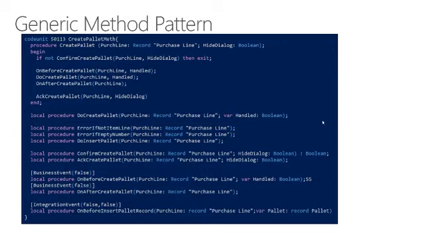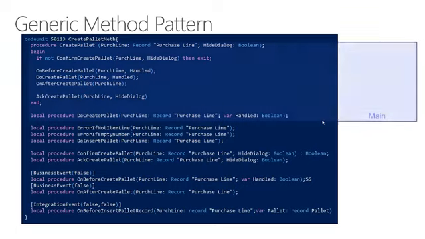This is all contained within what we call a generic method pattern. So this is a little bit of an extended example where at the top you have the main procedure, and the one at the top is the global procedure. So the create palette procedure is the function that is declared on the purchase line record. So in other spots in the system, you would call purchase line dot create palette,